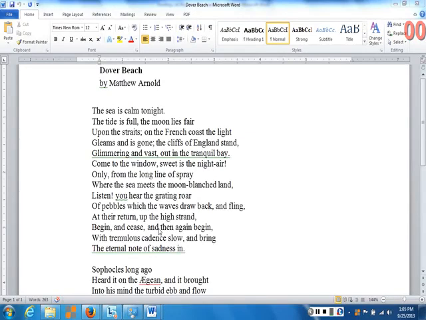And I'm going to approach this subject in a very simple way by going through the poem Dover Beach by Matthew Arnold, which you see on your screen, and simply talking about how we can determine what the subject is. I don't have any general method for determining the subject of a poem.